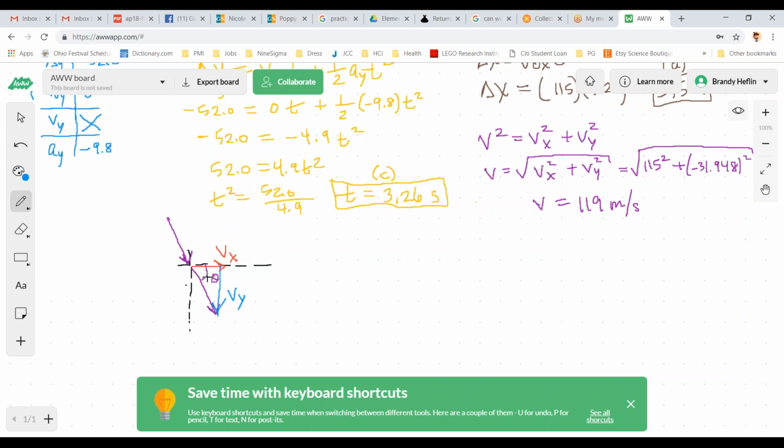So now we can notice that the vertical component is opposite the angle. The horizontal component is adjacent to the angle. So we can use tangent. There we go. So the tangent of the angle is going to be opposite over adjacent. So, oops, I take that back. It's not 115. My Vy, I will use the magnitude here and not worry about the direction, because we can't have a negative value inside tangent when we're dealing with,